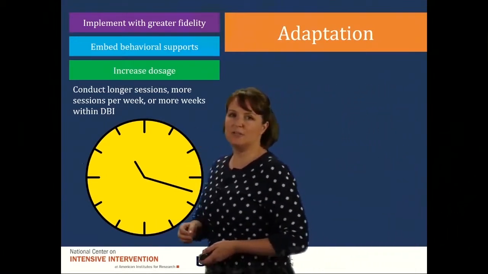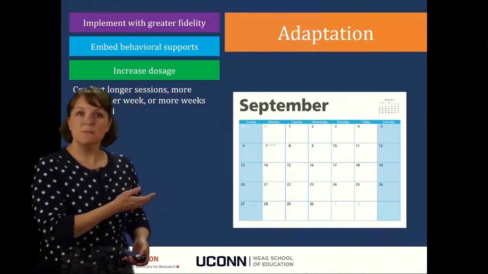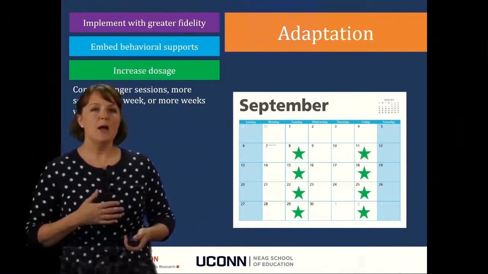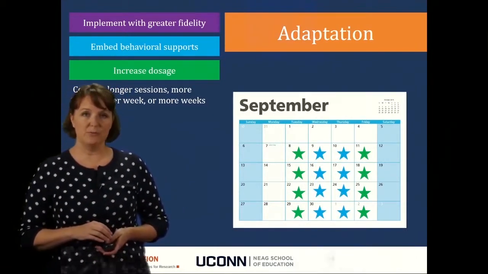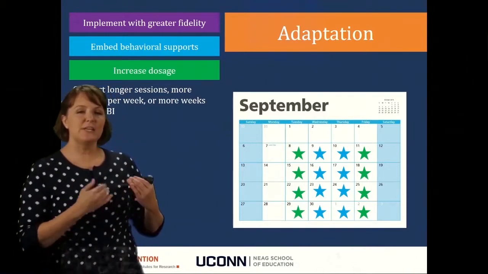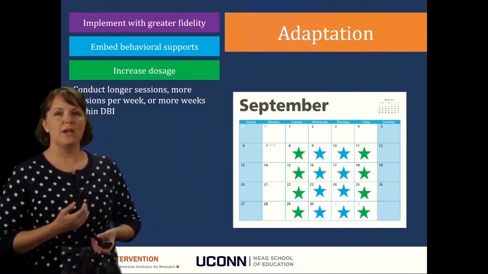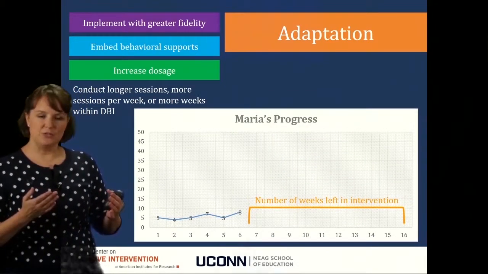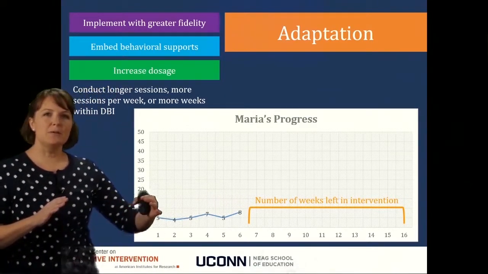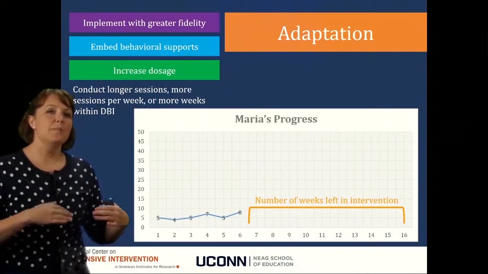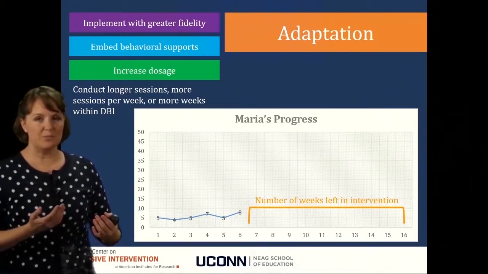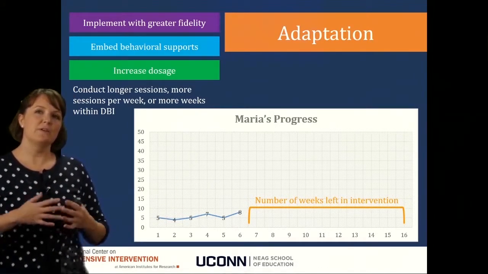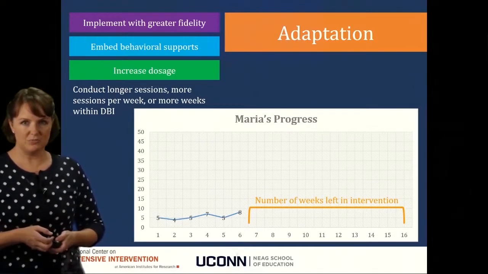It also could be increasing the number of times you meet with the student. So for example, here's our calendar. Maybe you were doing intensive intervention 2 times a week, but perhaps you need to up that to 4 times a week or 3 times a week. So giving students an increased dosage is another way to adapt the intervention. And the other thing we can do with that dosage is increase the number of weeks. So here maybe I initially planned for 10 more weeks of intervention. Perhaps the student needs 16 more weeks or 20 more weeks to really develop foundational math skills. So you could think about increasing the dosage in terms of the amount of time or the number of weeks that you work with the student.